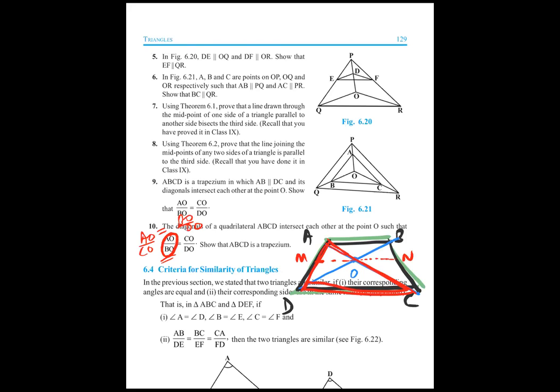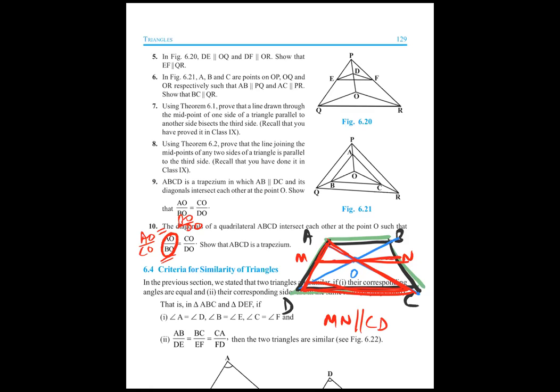And you are already saying that this line, suppose MN, is parallel to CD. You have taken initially that MN is parallel to CD. It is not parallel to both, it is okay. We are not told that it's a trapezium. If it were parallel to both AB and CD, then it would be a trapezium. We are not saying that. We are saying MN is parallel to CD.